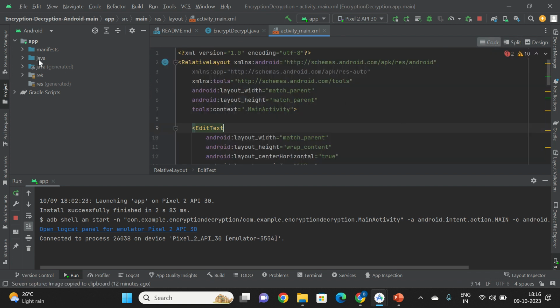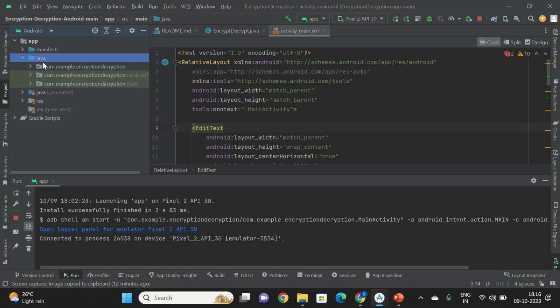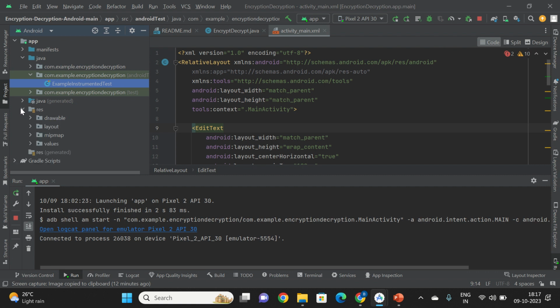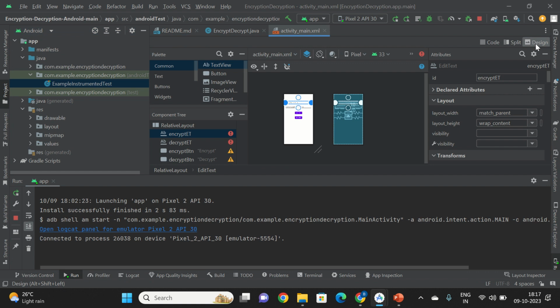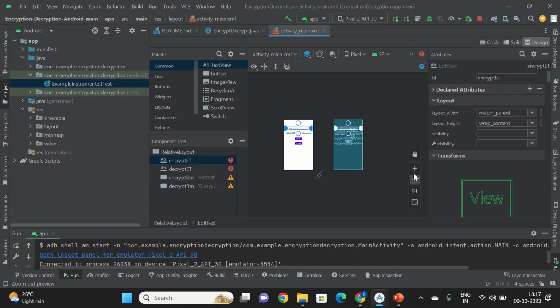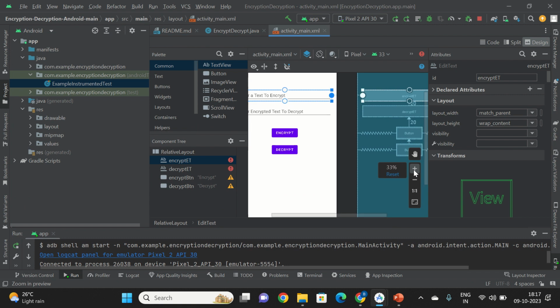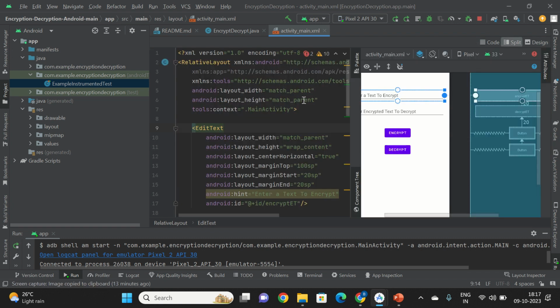These are the codes and resources, and these are the resources we made. Then in the designing part, you can see I will zoom it. Yeah, these are the designs, and if we are familiar with Android Studio, we can know how to make these designs. And I can show these are the codes